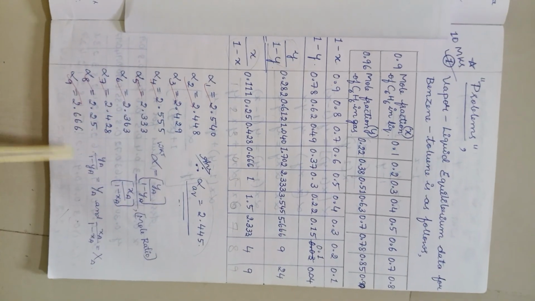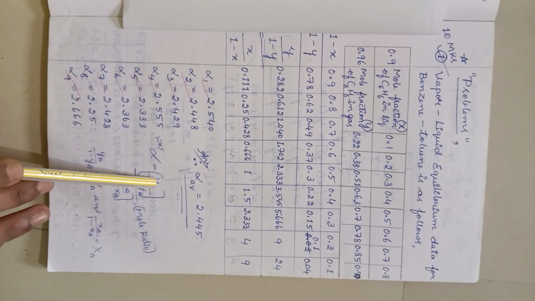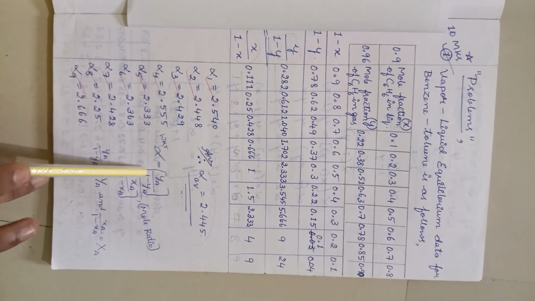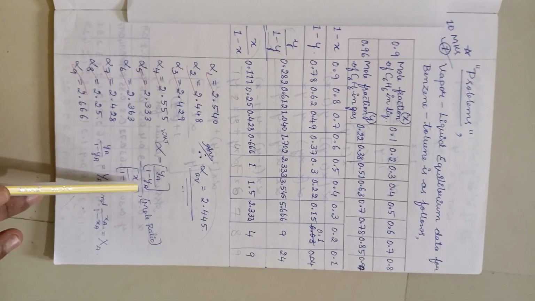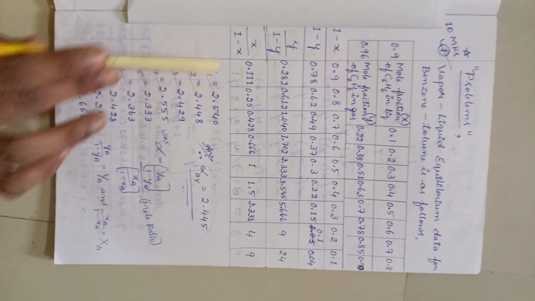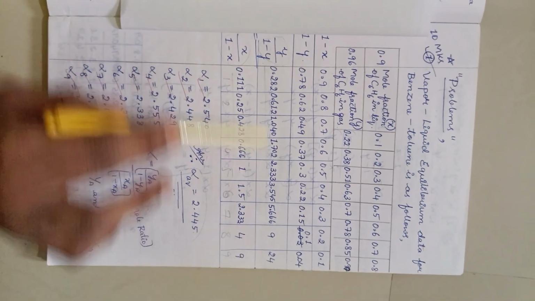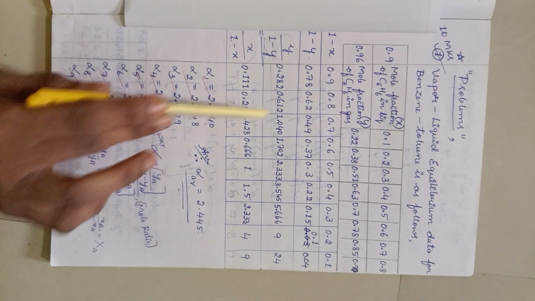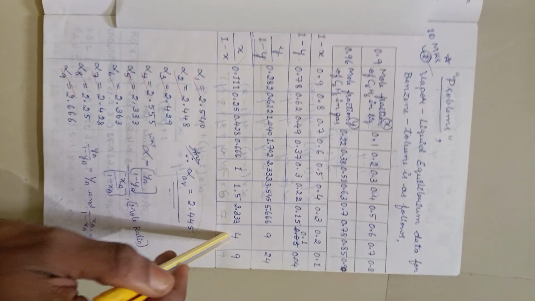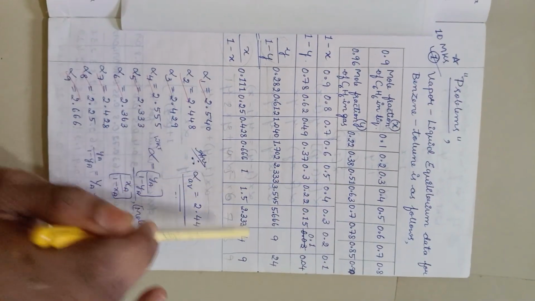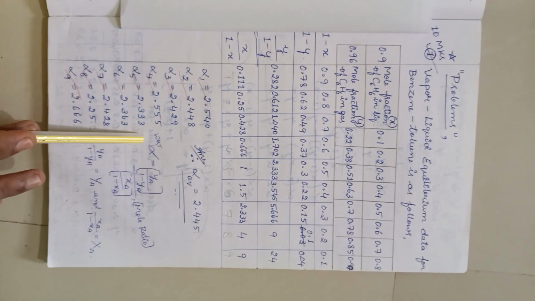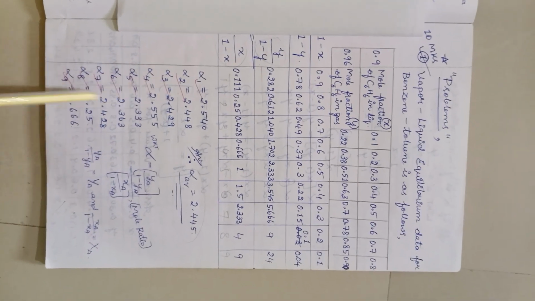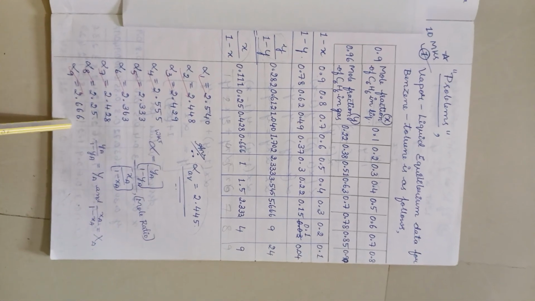of it. Then you have to calculate this ratio Y by 1 minus YA, then X by 1 minus XA. So these are the values. For each individual value you need to find out all these things. Then when your whole table is ready, you have to find alpha 1, alpha 2 up to alpha 9 we have tried to find out.